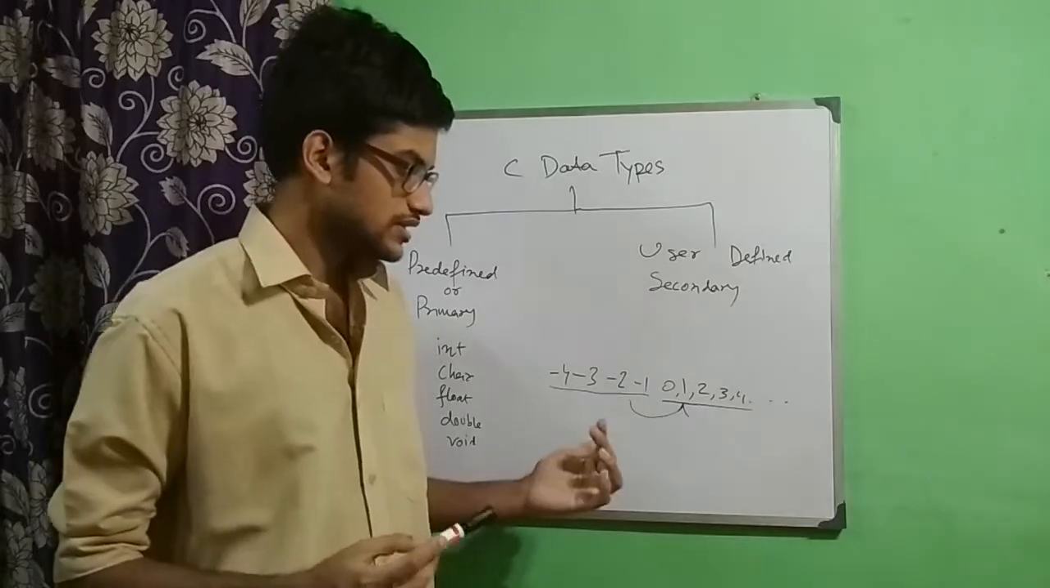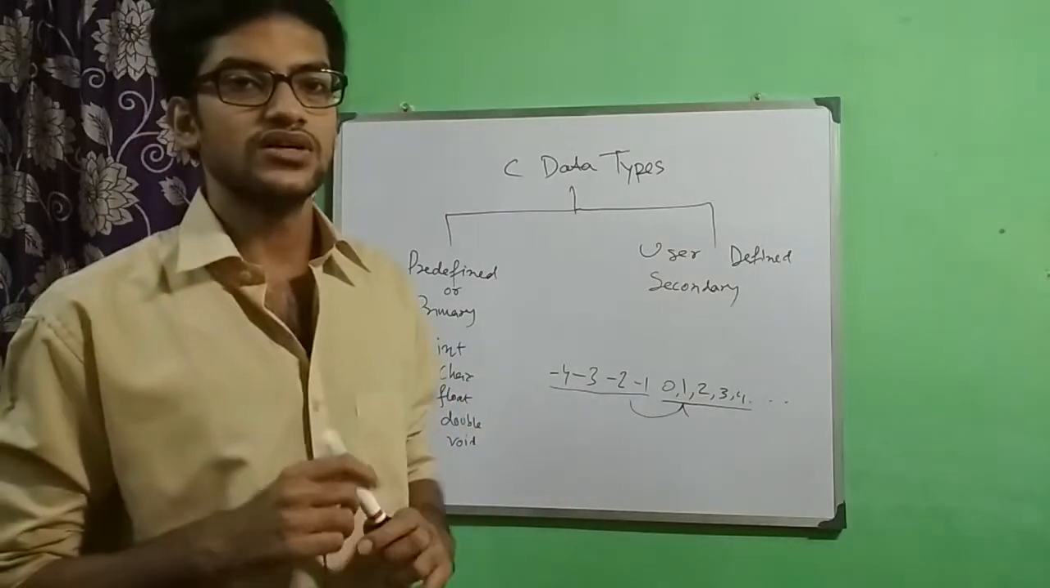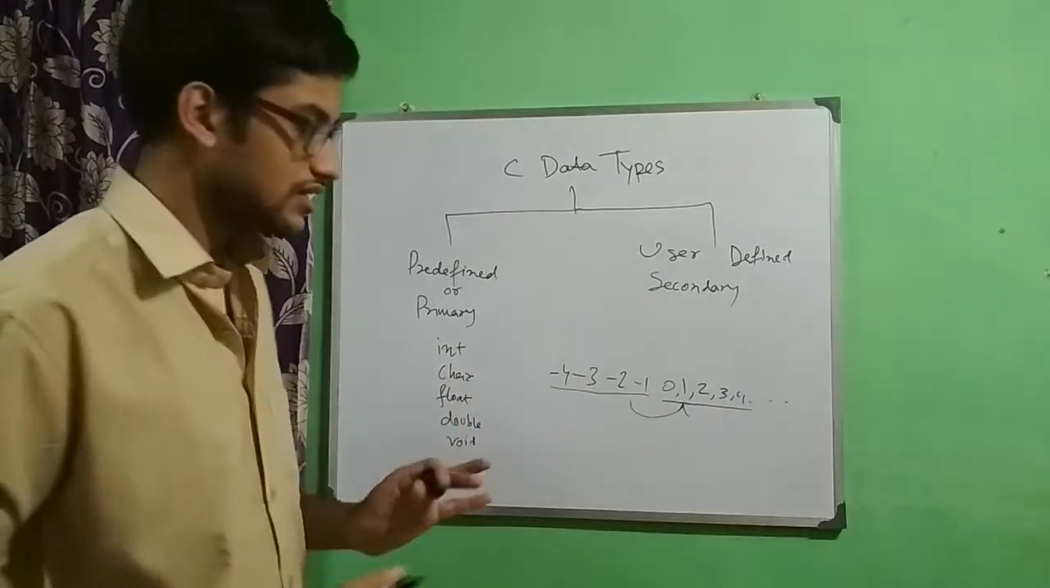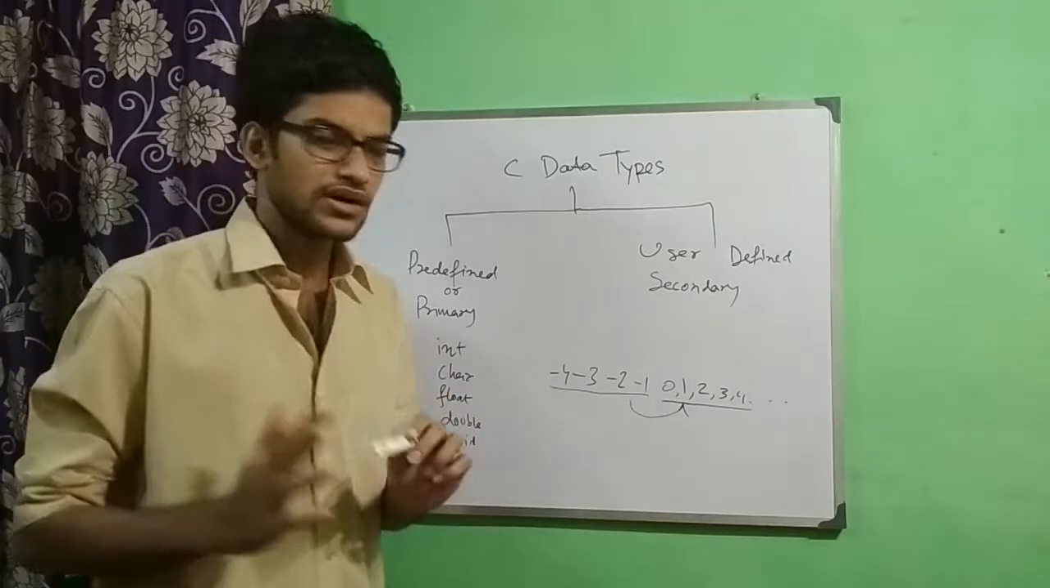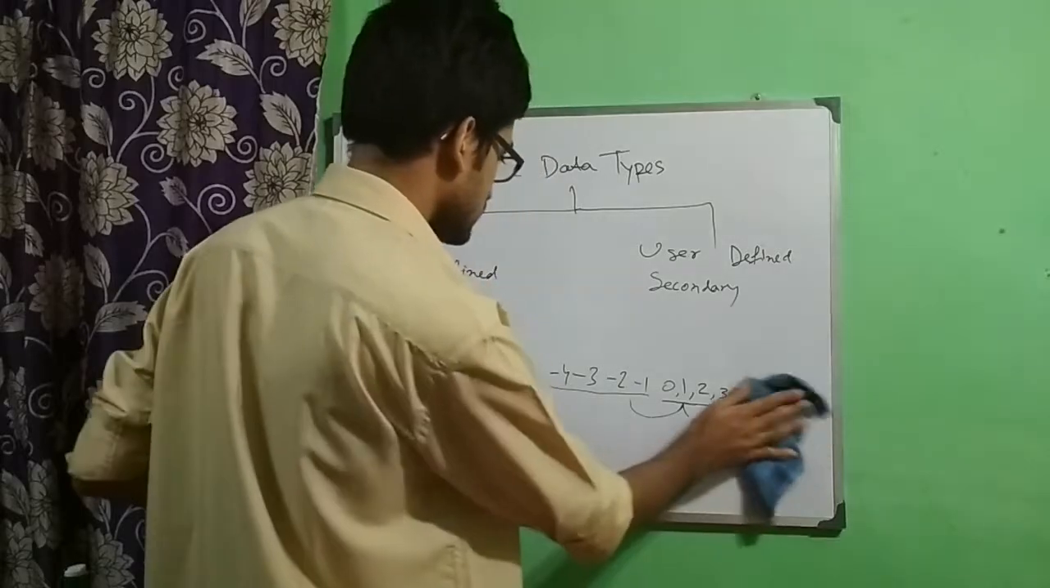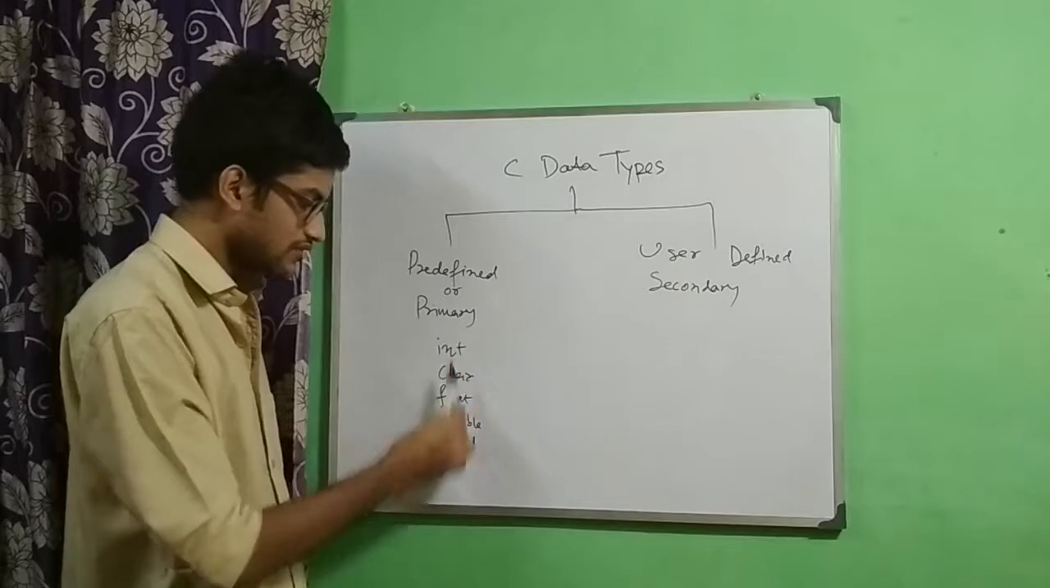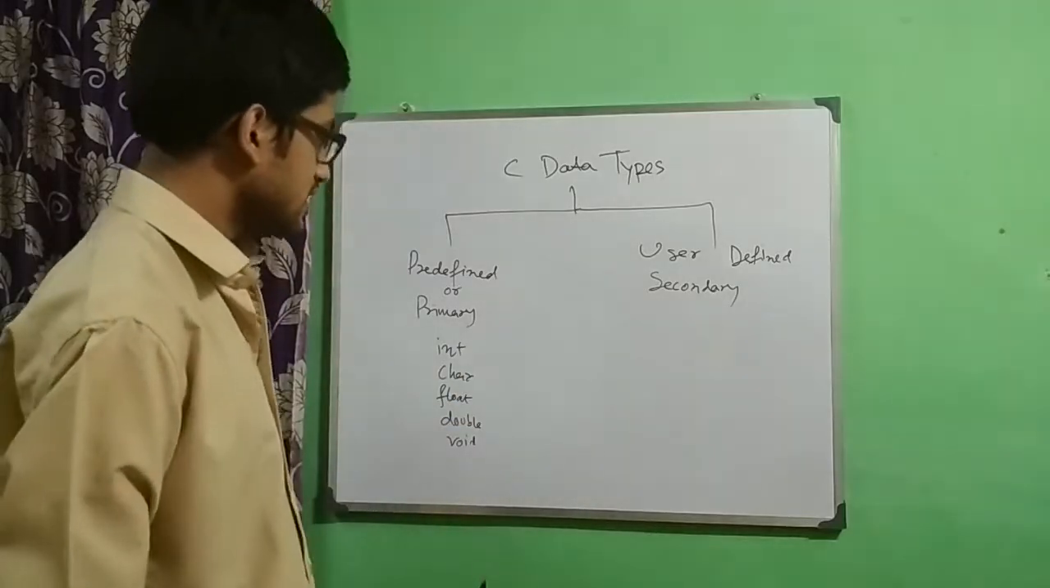Actually, this will take some size on the memory location. But for now it will get even deeper if I explain those things. So just forget these things for now and just remember we have 5 types of primary data types, which are